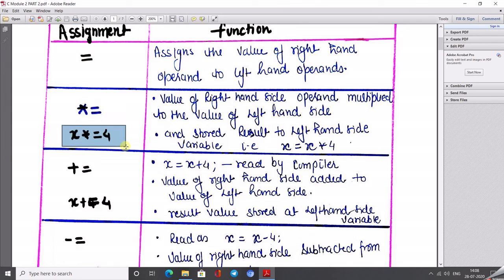If I need to multiply the variable x by 4, the format says to perform x multiplied by 4 and store the data into x only. Similarly, first perform x plus 4 and store the resultant value into x only.